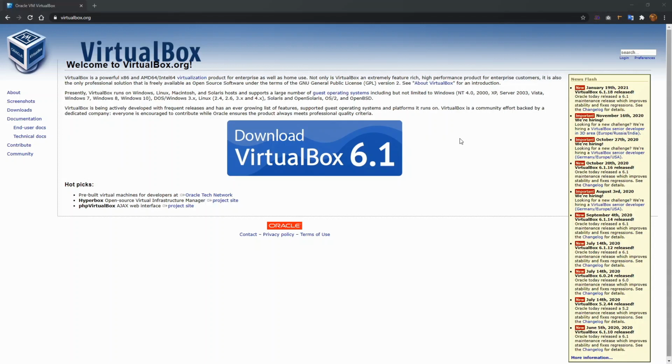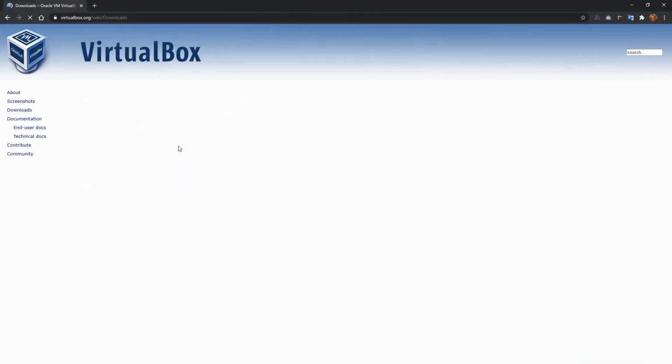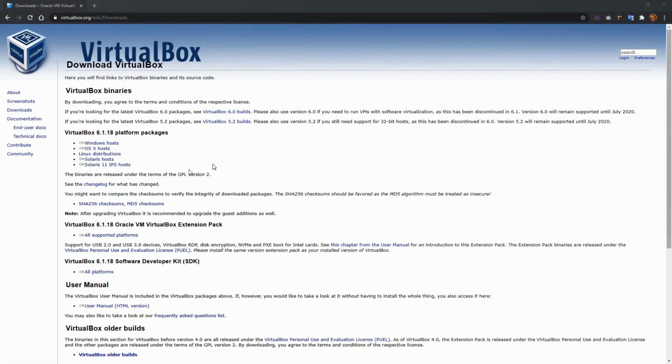Okay, so I'm going to first download VirtualBox, and VirtualBox is available on the virtualbox.org website. So first go to that website and click download VirtualBox. Then as I said, this is available cross platform. That means it is available for Windows, OS X, that is Mac, and Linux distributions, and Solaris distributions,